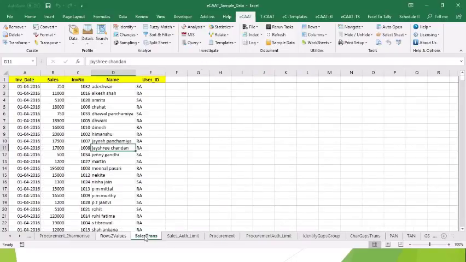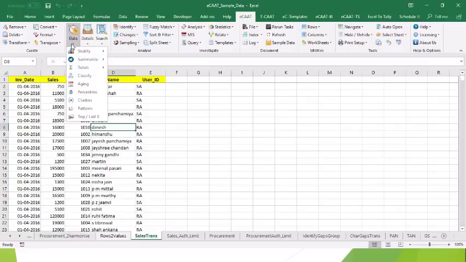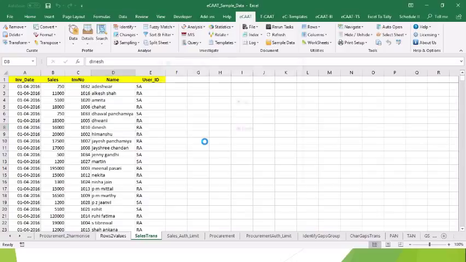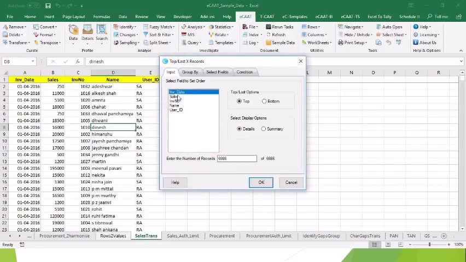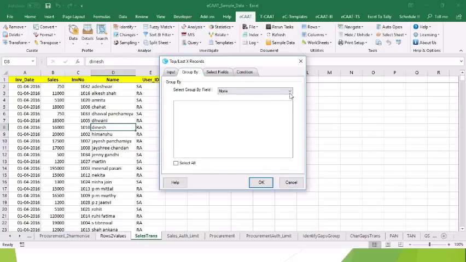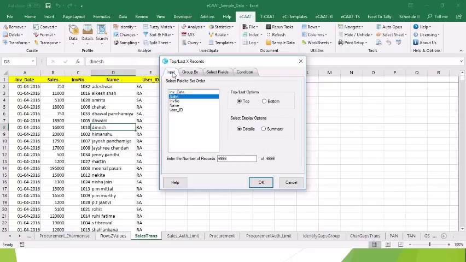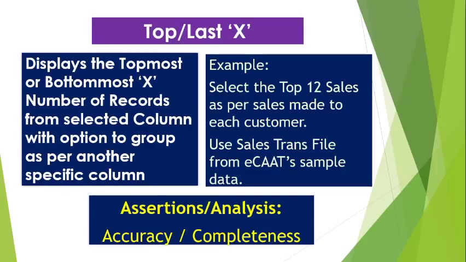Let me come back to sales trans. Here I would like to go to the top LastX. I selected the top LastX. Now see the permutation combinations of analysis which is available to you. I would like to perform top LastX on sales. It is important to select the right field, and then I'd like to group it based on the name, the customer, right? And it gives me all the customers, which means I can perform analysis for each of the customers. I'd like to select all the customers, and I want the top 12 sales made for each of the customers, and I can have the details or I can also get the summary. I'd like to focus on the details. So what do I expect to get? I expect to get,